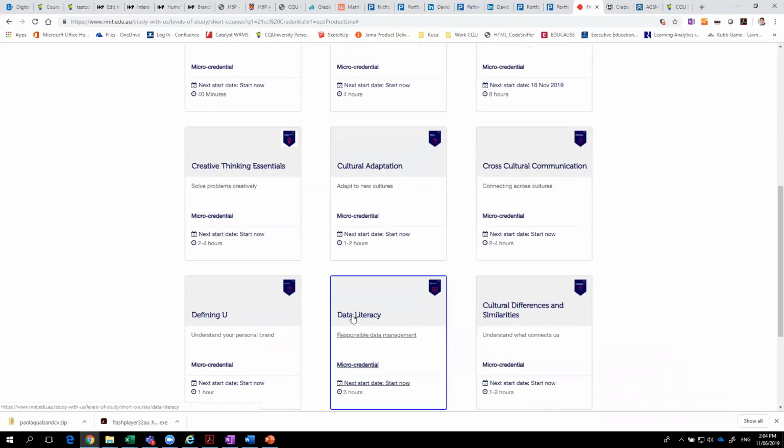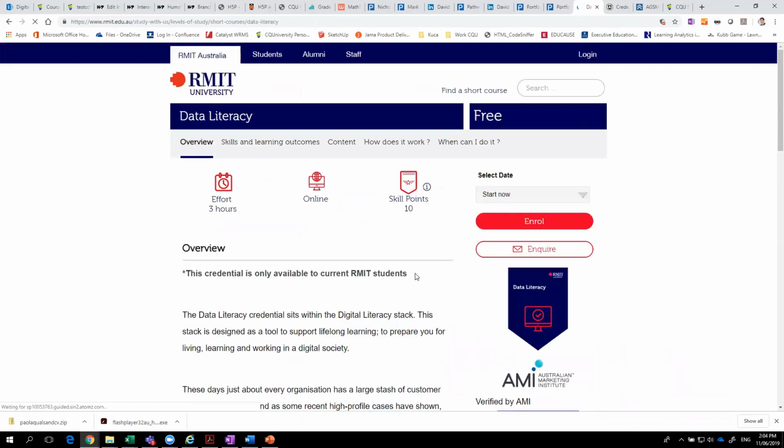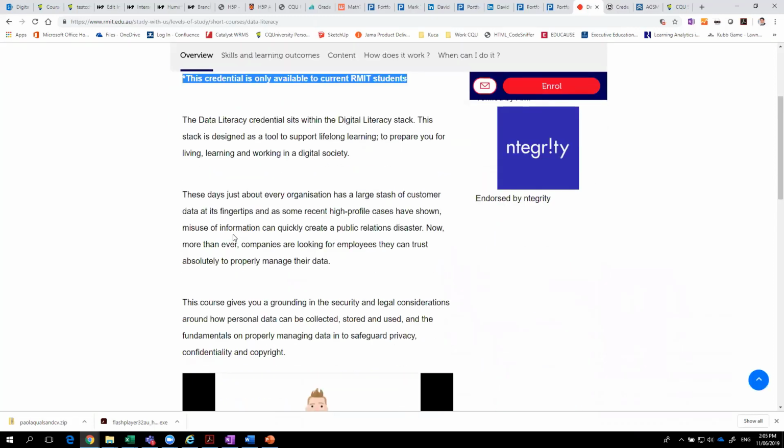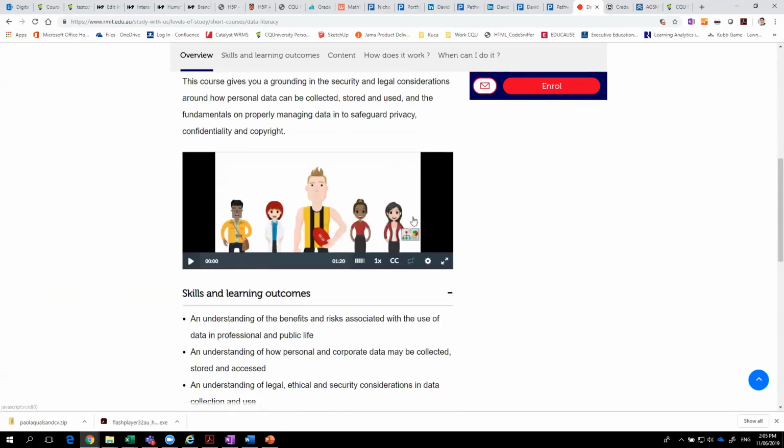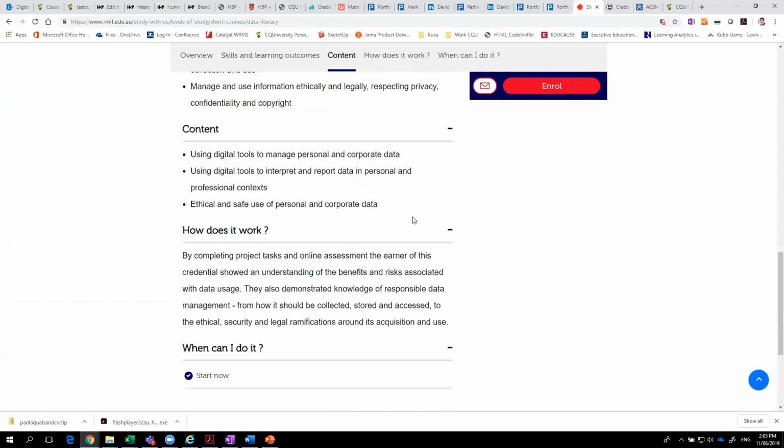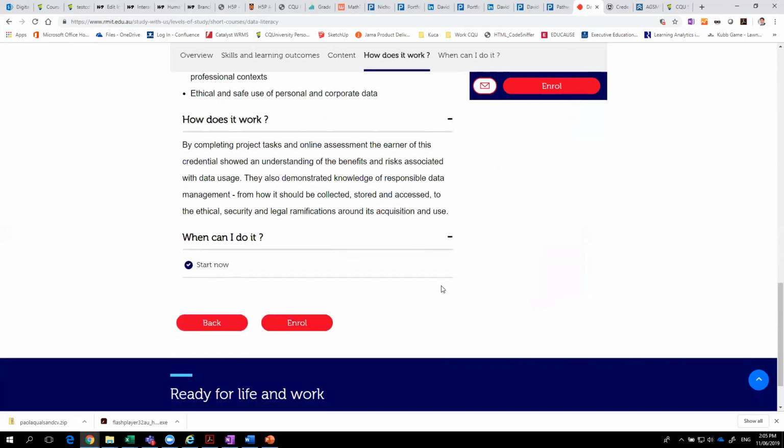If I look at something like, is there anything interesting here? Okay, data literacy, I like that one. This is something that they're offering only to their students. This particular one, others are open to the public. This one happens to be free. Some of them are paid for, but you go to this catalog and learn what you'll get out of it. In their case, they partner with industry, so it's always verified by an external authority, and they give you a marketing spiel of why you would want to do it, and then you can enroll.